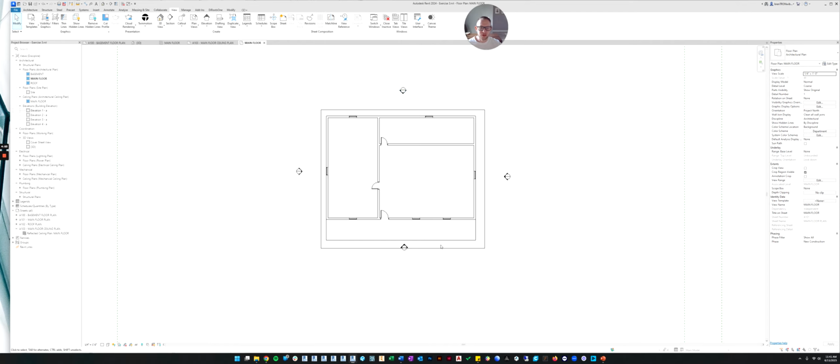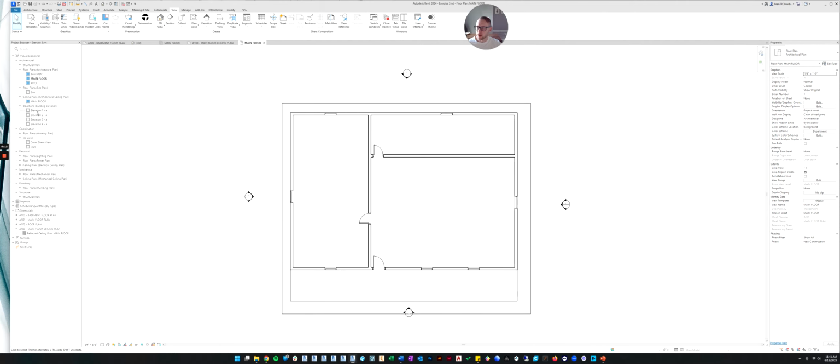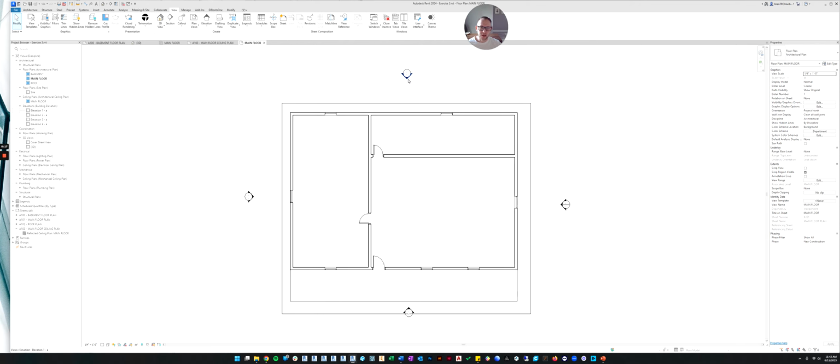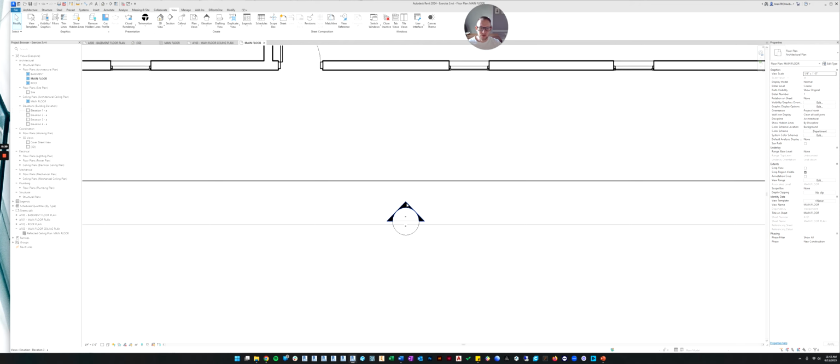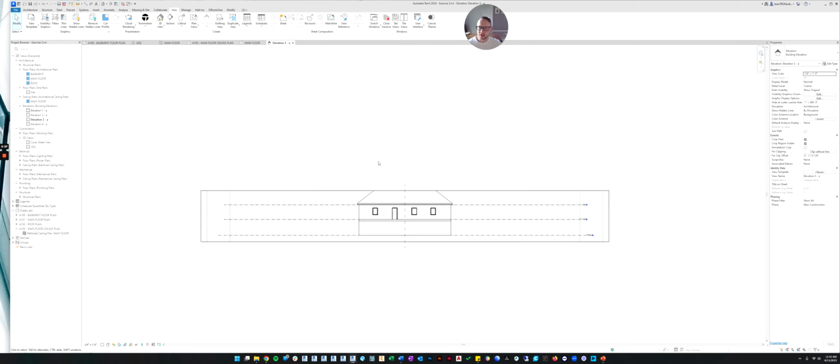So now we have 4 elevation markers and we have 4 elevation views over here. So what we should do is name all of these so that they make sense, because what Revit came up with isn't good. The other thing we're going to do is go look at the view and make sure it's been cropped okay. You can get to the view in a number of ways. You can go to the browser and look at it that way, or you can hover over the arrow, and if you double click, it will take you to the view. Okay, so it's pretty easy to get to the view.